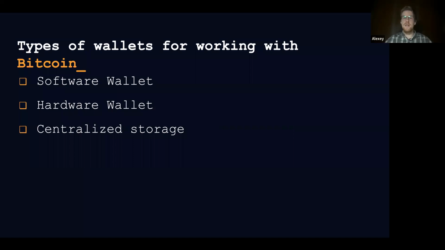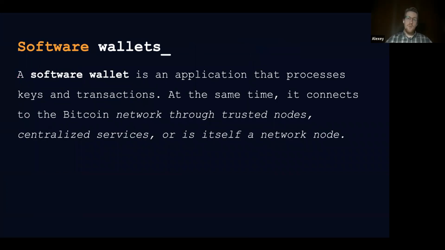The first one being the software wallet, the second being the hardware wallet, and the third is centralized storage. So what it means, a software wallet is simply some application on your device. It can be a tablet, phone, computer, laptop, whatever. And the goal and the role of this application is to process keys and transactions. At the same time, it connects to the Bitcoin network through some trusted nodes or centralized services, or can be